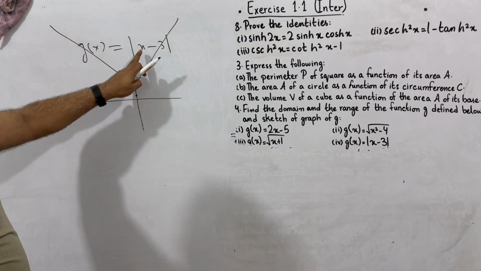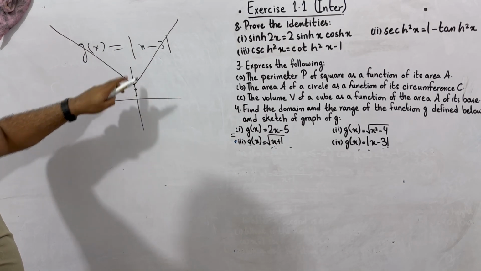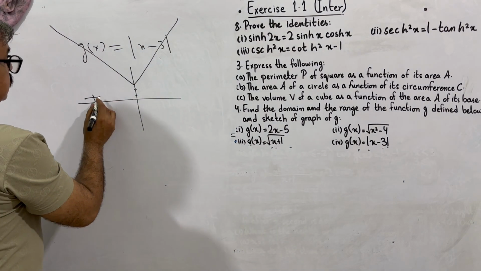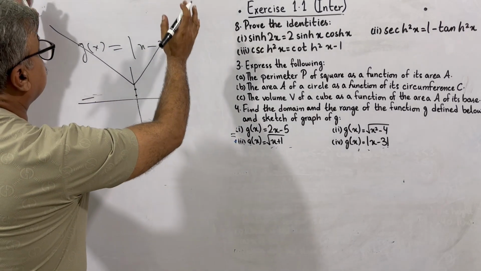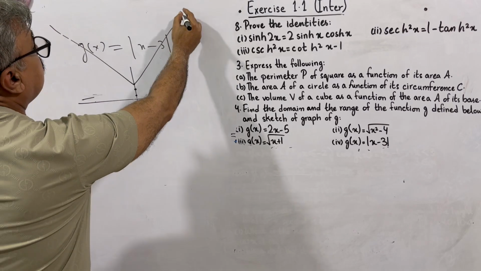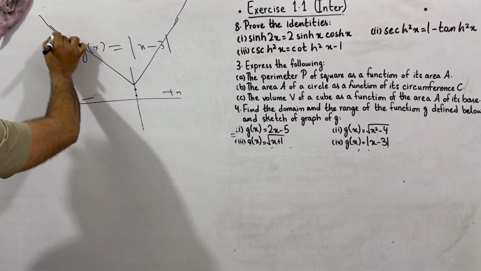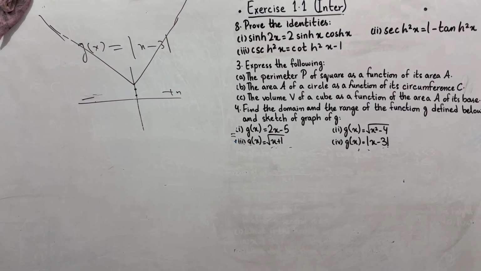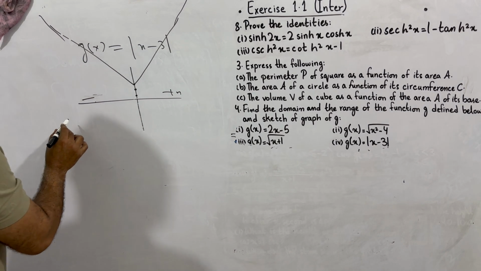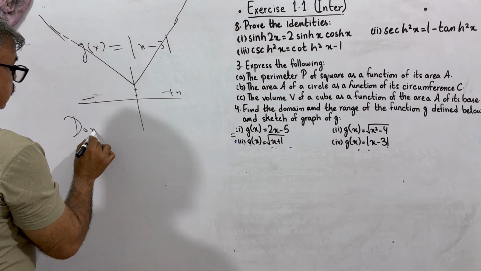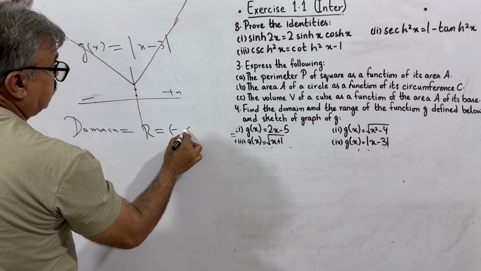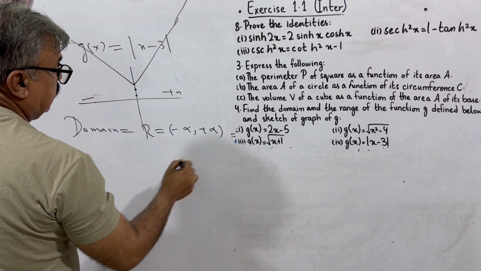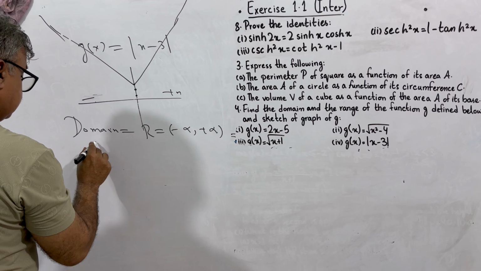X is equal to 1, 2, 3. X is equal to 0, it starts from 3. Whether you put negative values or positive values, it will result in positive values owing to the definition of the modulus function. And we are familiar with the graph of the modulus function. So the domain in that case is going to be all real numbers, or you can write minus infinity to positive infinity, open interval, and range